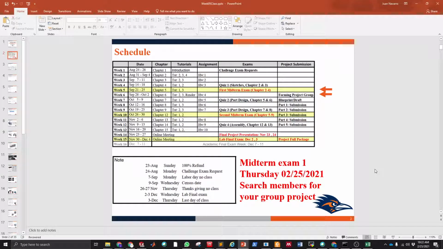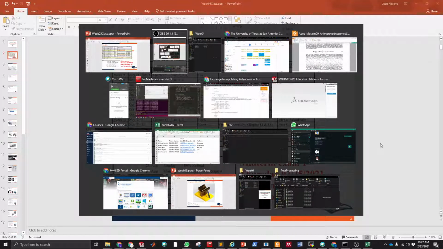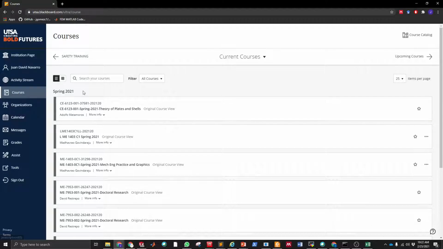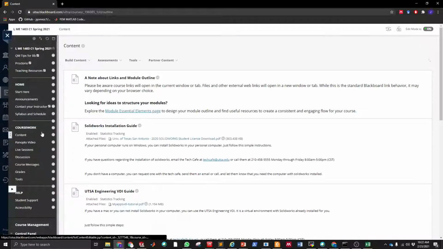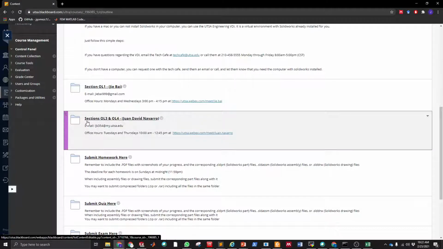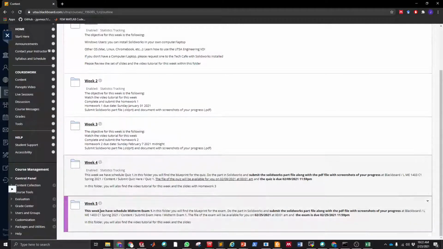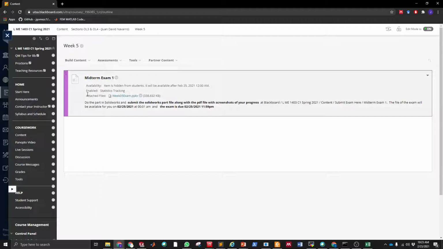The files for the midterm exam are going to be available in Blackboard. If you go to Blackboard in the folder of the course, and then you go to content, you scroll down until you hit section 3 and 4, our sections, and then in week 5 there will be the midterm exam. This file is not available for you yet. It's going to be available for you on February 25th